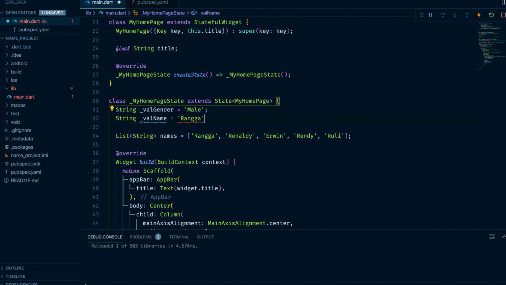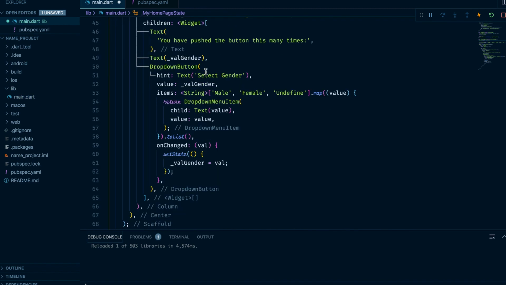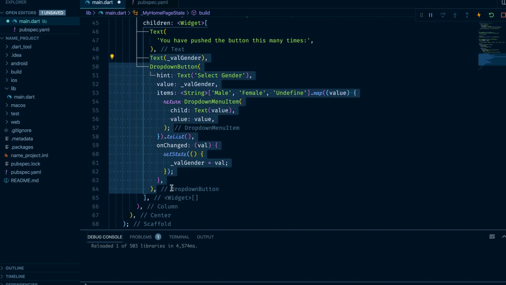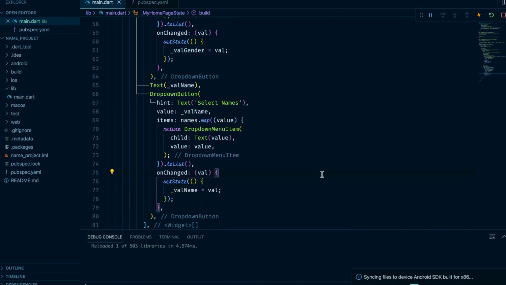So like the dropdown before, we copy it and we set items as names and map like before. So let's see how it works.